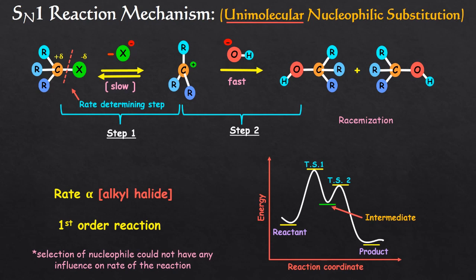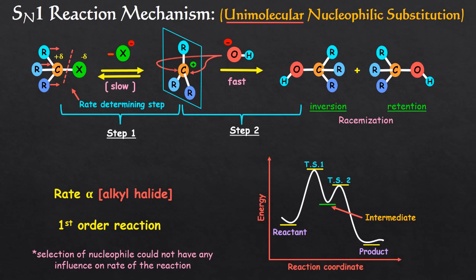Now let us discuss the stereochemistry of this reaction. In step 1, as the alpha carbon is sp3 hybridized, it has a tetrahedral shape. Once the leaving group is removed, the steric strain of the leaving group will also be removed from the rest of the 3 sigma bonds, so it will adopt a trigonal planar structure having a bond angle of 120 degrees to minimize the strain. As the intermediate carbocation is planar, a nucleophile can attack from either side of the plane with equal probability. So the product is mostly racemized.